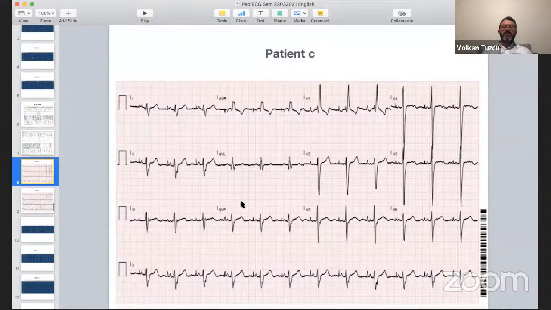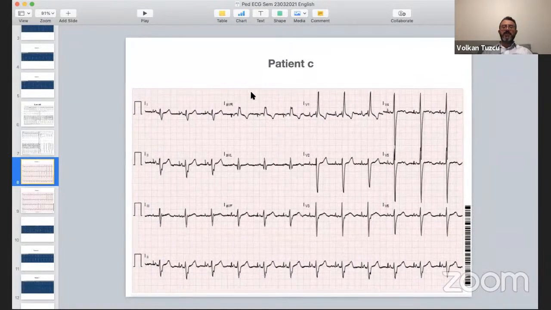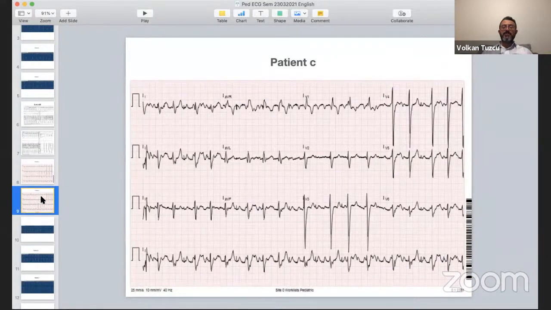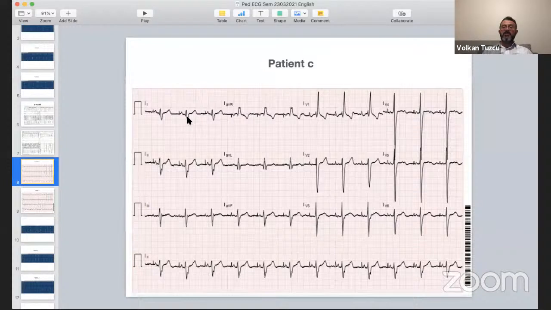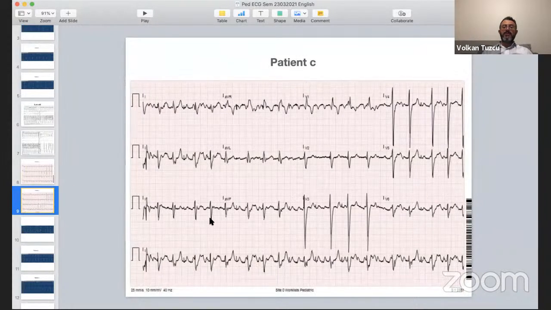This is the same patient. Let's say we do a pacemaker assessment on this patient, right? Let's say we interrogate the pacemaker, we check the rhythm, the thresholds, especially ventricular, everything may be looking fine, but suddenly you go into this rhythm. The pacemaker still may be functioning fine, but indeed here you have something different. You have atrial flutter, and this could have been atrial fibrillation also. So in this patient, it's easy. Why? Because this patient has normal conduction down the AV node, right? So when this patient goes into atrial fibrillation or atrial flutter, you will have a fast response. As you see here, variable AV conduction.